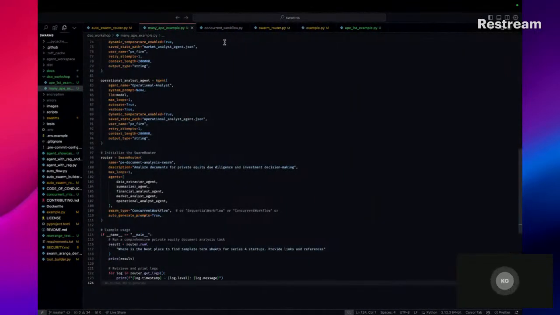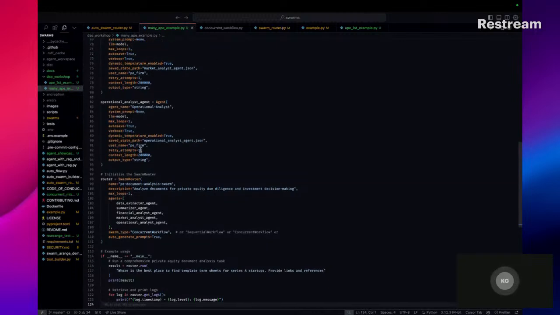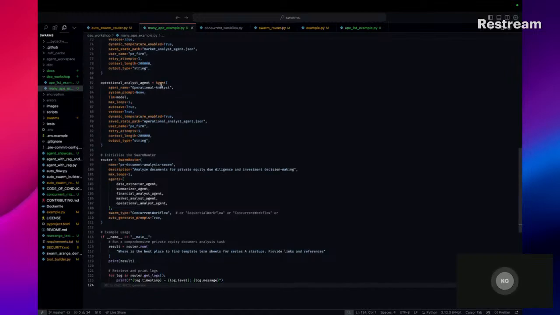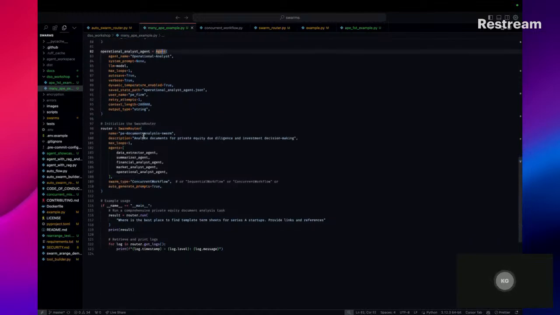So I've shown you now how to automate the design of one prompt, which is again simple. You just turn auto generate prompt equals true in the agent class, which is this, and then to generate multiple prompts, you can do that at the swarm router level, which takes in multiple agents and can manipulate multiple agents all at once.